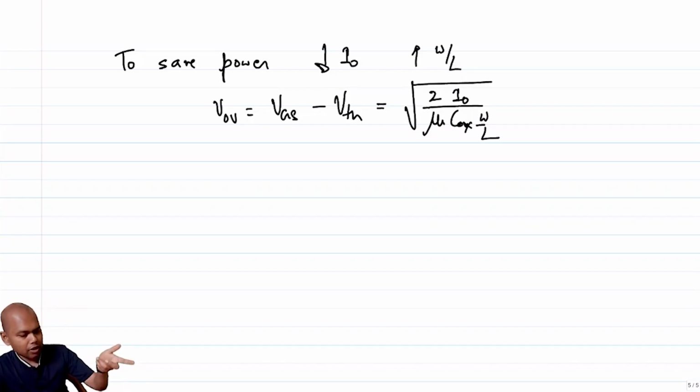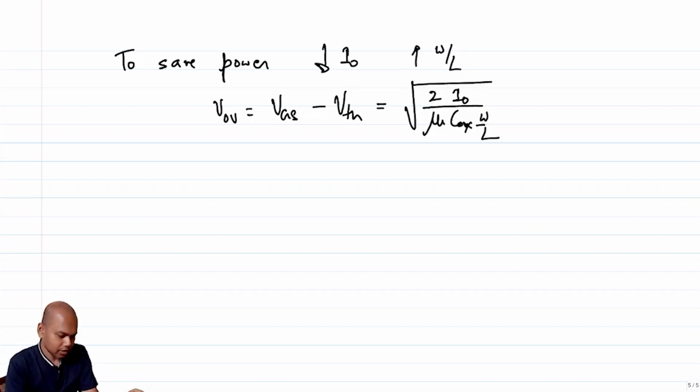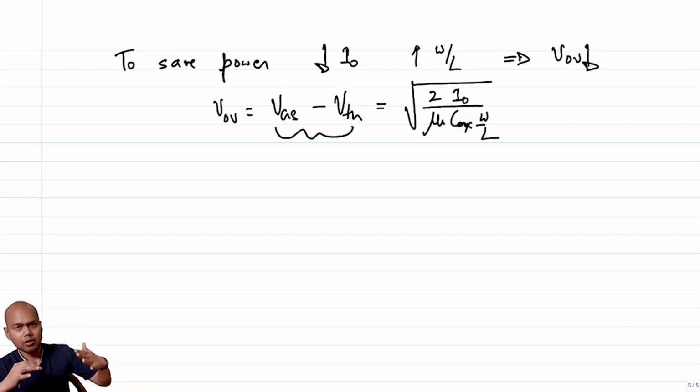So if I reduce I naught and if I increase W by L, then V overdrive decreases, which essentially means that your transistor is going closer and closer to subthreshold, right? It will never go fully to subthreshold, but it will go closer and closer. But firstly, the problem is that the saturation region equation that we are so familiar with does not hold anymore. The transistor starts going into subthreshold, and the moment the transistor starts going to subthreshold, what generally happens is,